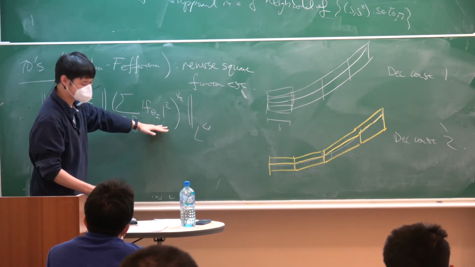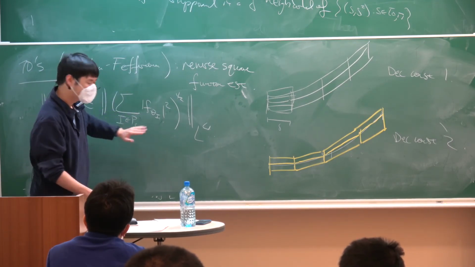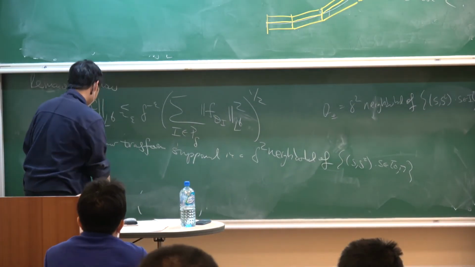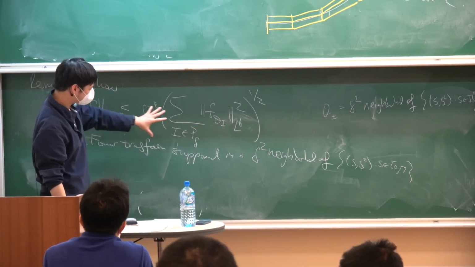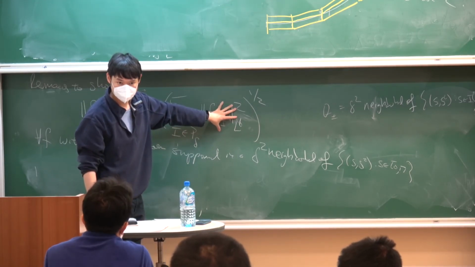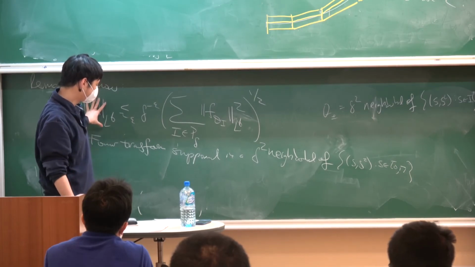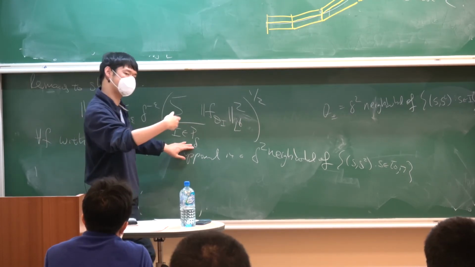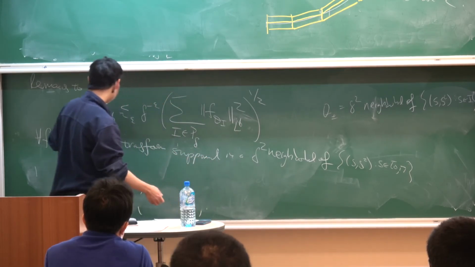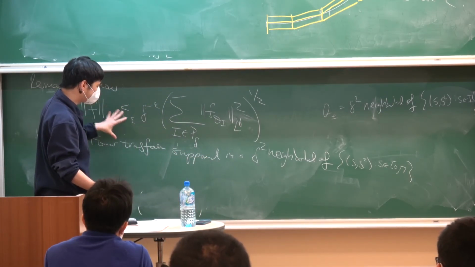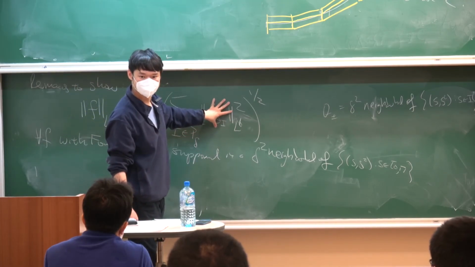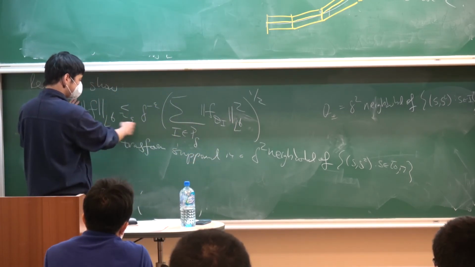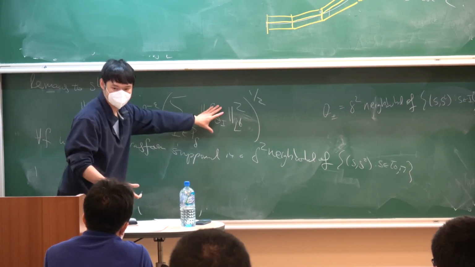Why are decoupling estimates easier to prove than these reverse square function estimates? Well, it's because of this little observation here. What does the decoupling estimate say? It says the L6 norm is controlled by the L6 norm of a smaller piece. So maybe I can't prove decoupling all the way down to scale delta. Let's say, as a first step, I can prove decoupling all the way down to some intermediate scale. Then I've reduced the problem from decoupling f to decoupling f at an intermediate scale. And then I rescale, and do it again, and again, and again. This decoupling estimate is very nice in that it allows for iterations,